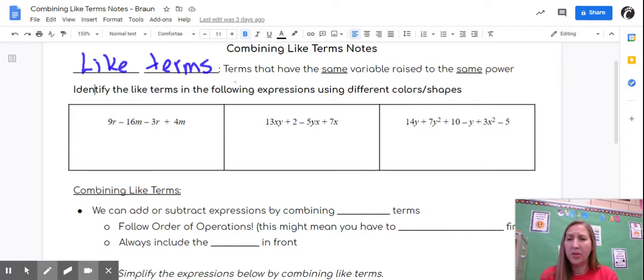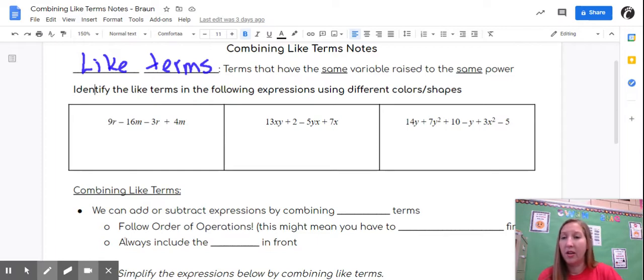So the first thing we're going to do is identify our like terms in the following expressions using different colors or shapes. So I am going to start by rewriting this expression. Our expression, we have 9r minus 16m minus 3r plus 4m. We're going to rewrite this expression to eliminate our subtraction. So what we talked about in topic 4 was adding and subtracting with rational numbers, and we know that if we have subtraction, we can do keep, change, opposite, and we can change that subtraction to addition as long as